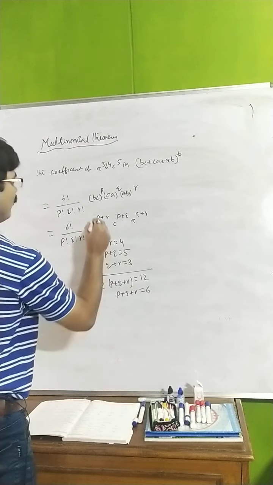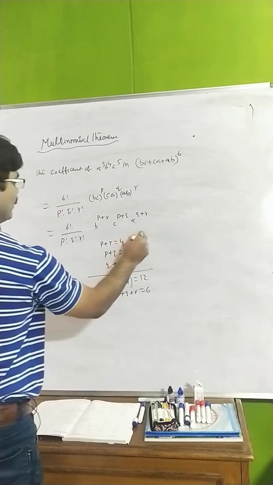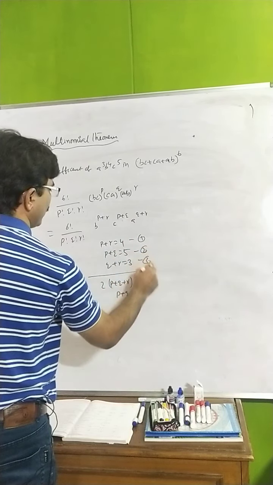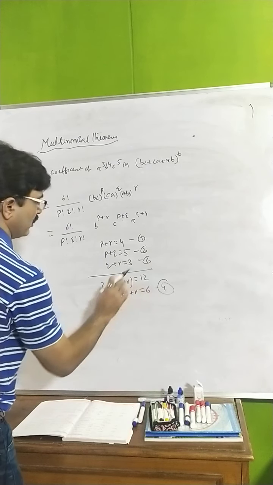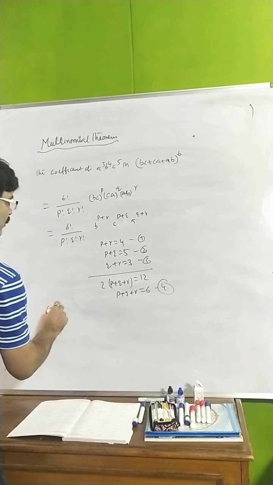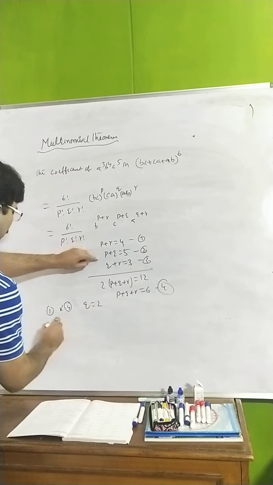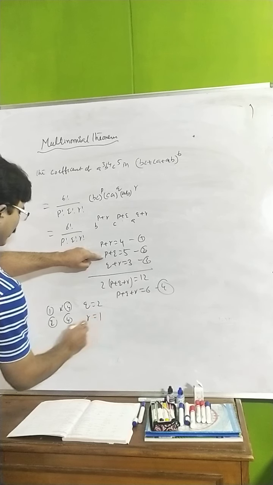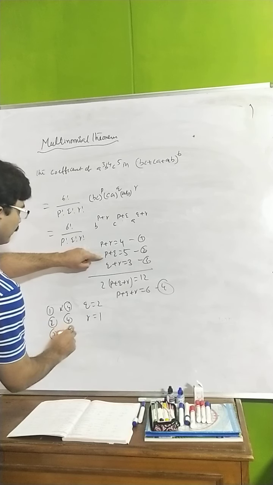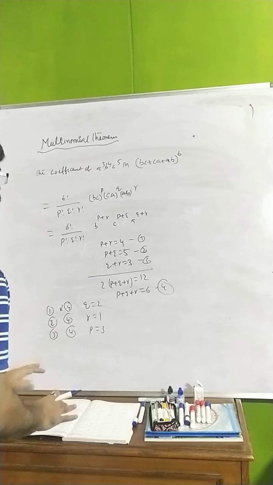Now what is the value of the individual values if you want to find? Say this is 1, this is 2, this is 3 and this one is 4. It is very clear. Now you see this one. From 1 and 4, P plus R is there, you will get Q. Q is equal to 2 you will get. If you take 2 and 4, R is equal to 1 you will get. And if you take 3 and 4, you will get P is equal to 3. So it is very clear.